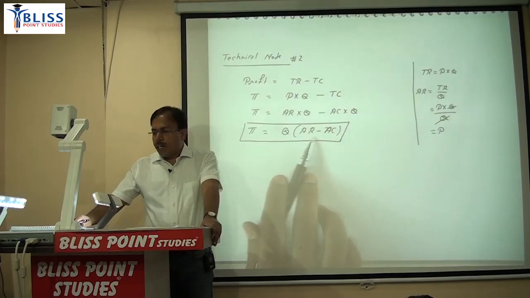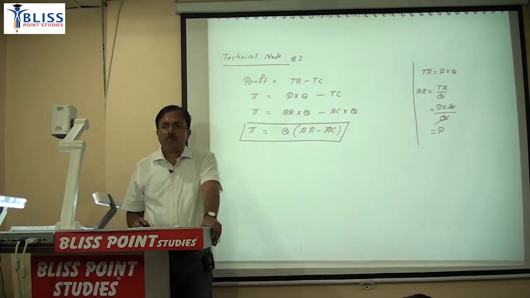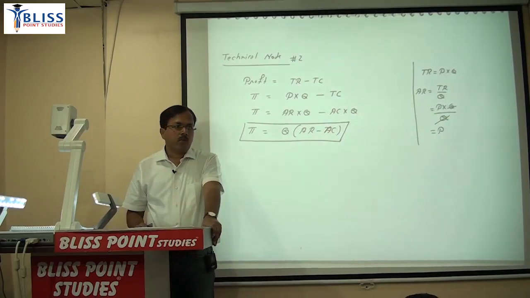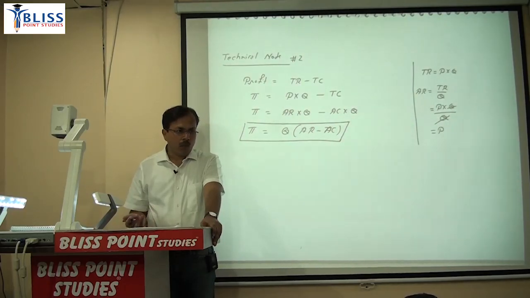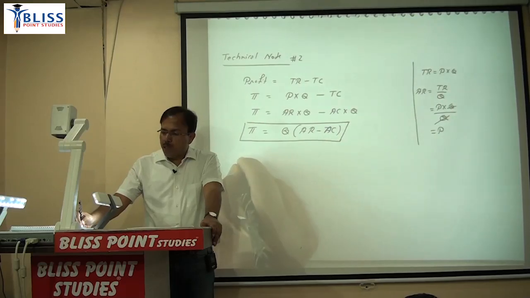अब आप ये बताओ, ब्रैकेट में जो term है AR minus AC, what will be the sign of it? Positive, negative or zero? It could be positive, it could be negative, or it could be zero also. So there are different possibilities. So first situation,